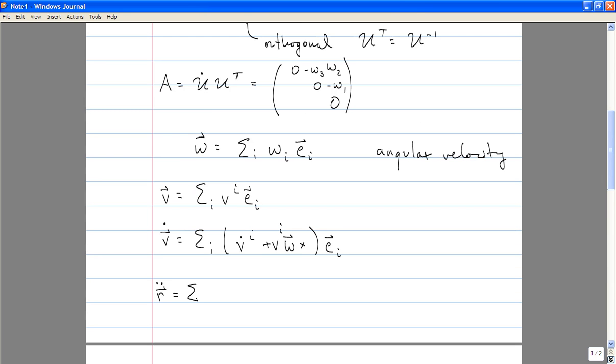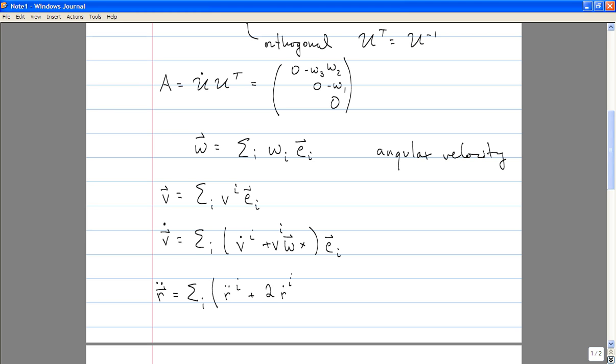So if I have an object whose position is given by the vector r, whose components in the rotating coordinate system are denoted r superscript i, then the components of the acceleration vector in this rotating coordinate system have 4 terms. There's the term where we take the second derivative of the components, ri,